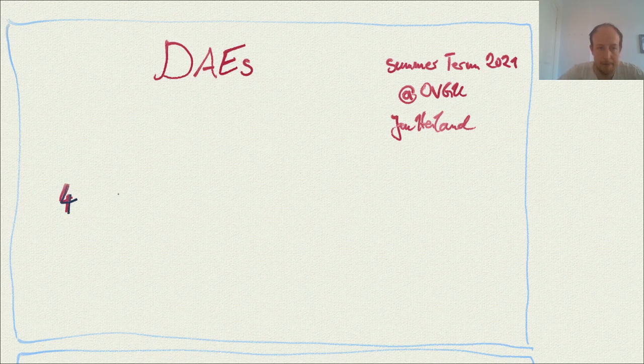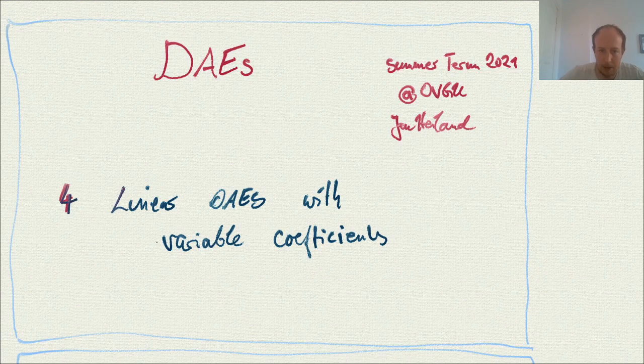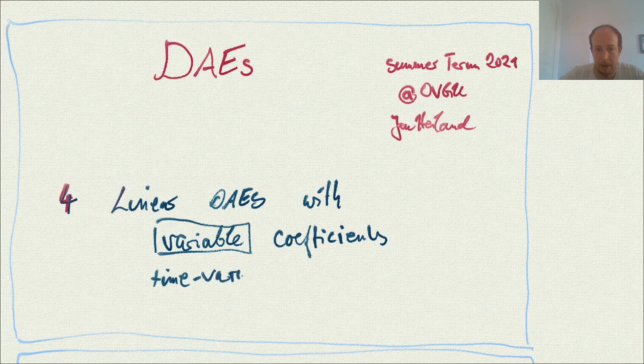Chapter 4. Still linear DAEs, but now with variable, people call this variable coefficients, or what we might also use instead of variable, time varying coefficients. Okay, and that will take us a number of lectures,